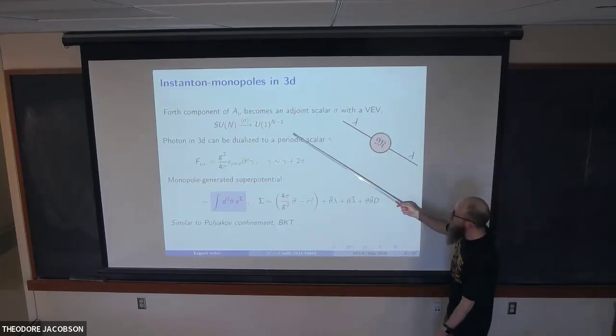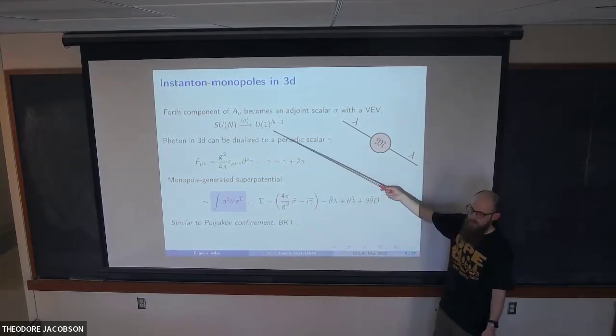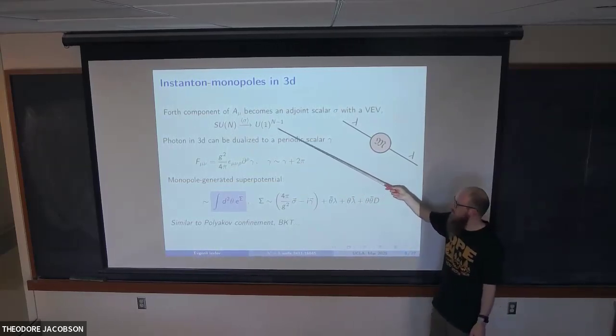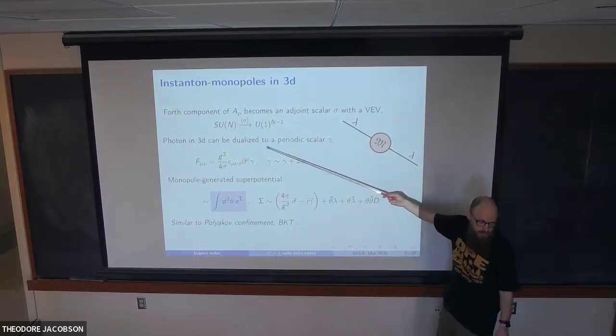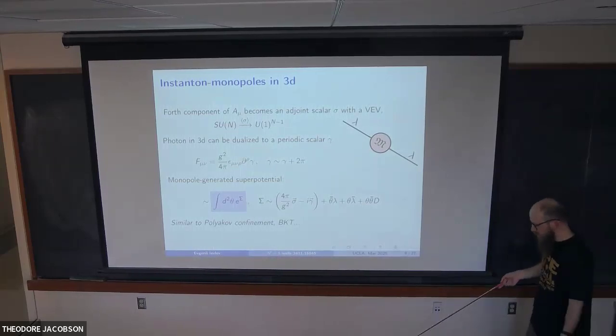So quarks are fundamentals under SU(N). When the SU(N) is broken down to U(1), quarks are going to be electrically charged under this U(1), and monopoles are magnetically charged. And now,